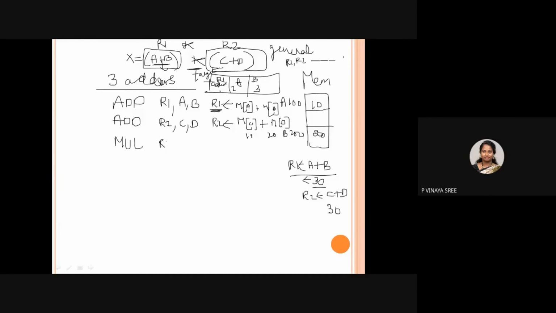You will be having different ones, but you need to go for the optimized one. You can take one more register, R3, and write R1 comma R2. What we have in R1 is A plus B, and you need to multiply that with C plus D, and the result you are storing in R3. Then again you are taking R3 and storing it in X. Instead of that, what we can do is